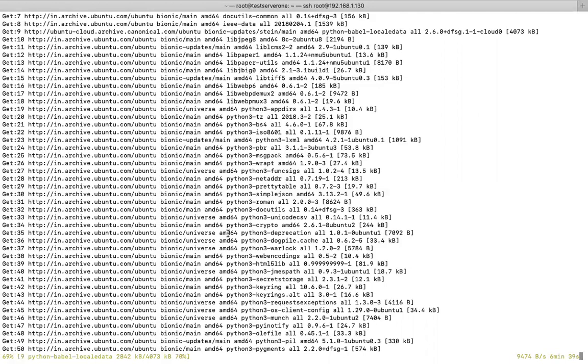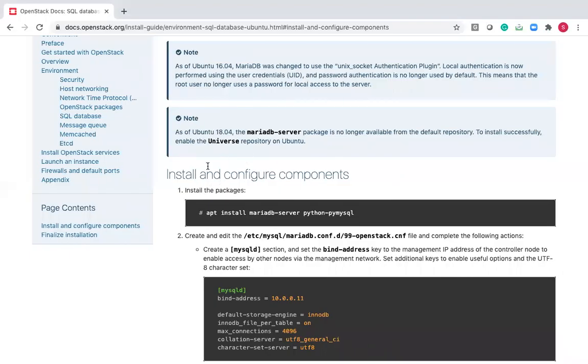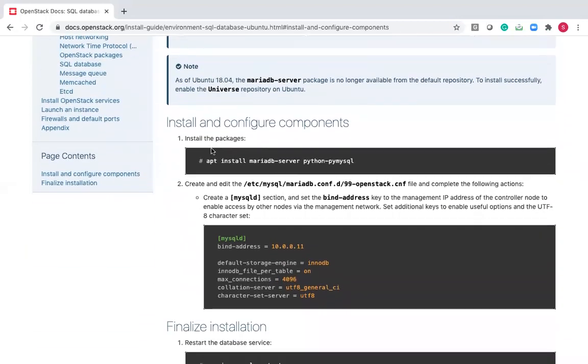Sorry, Keystone. Got it. So you'll get a lot of documents actually. OpenStack has officially released the Helm charts. You can read and try to deploy it manually. If you know this, then it is easy to understand what we are trying to do using Helm charts. So that's the reason I preferred this right now.